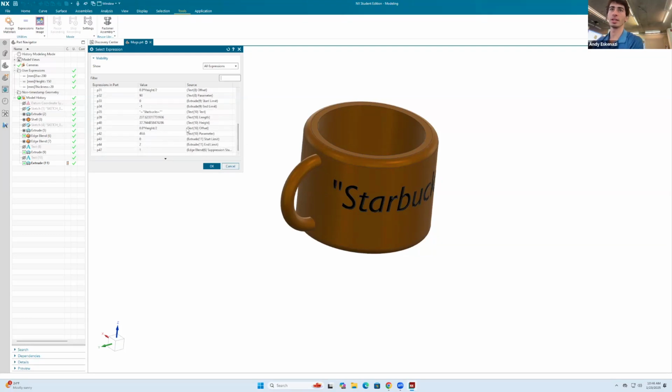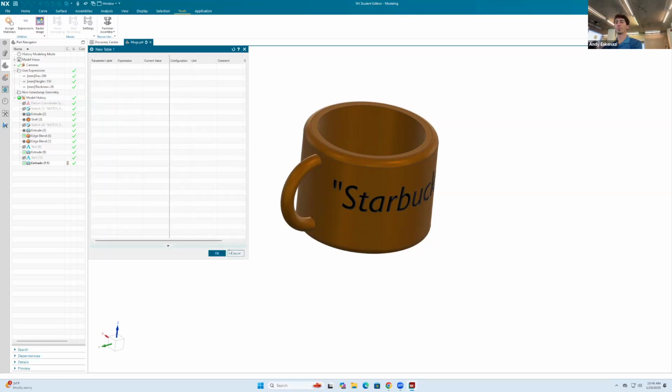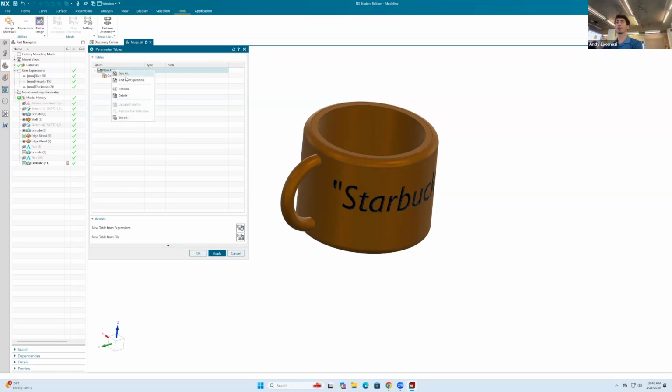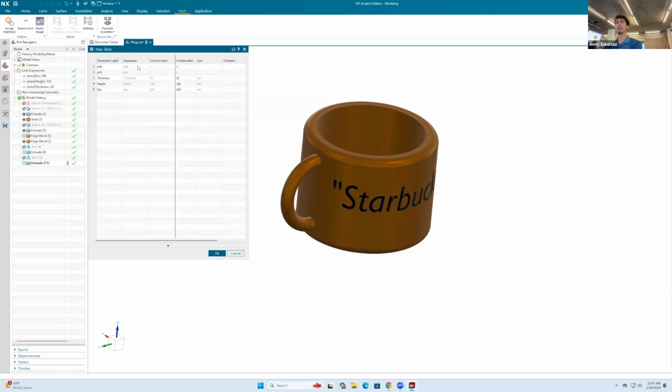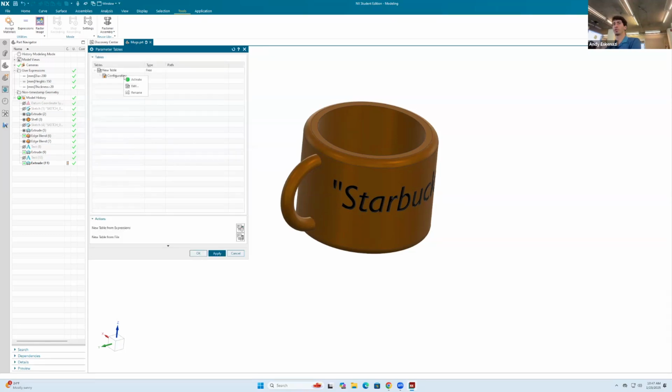Right, it already selected. So from here you select from this list the feature you're going to try. I can say I want this one in the table that I created originally. I selected the thickness, height, and diameter, which will be parameters that you could select, and also P46 and P45, which were the suppression statuses of the Starbucks. I'll walk around in a moment, but I just want to show you the power of this, because now in